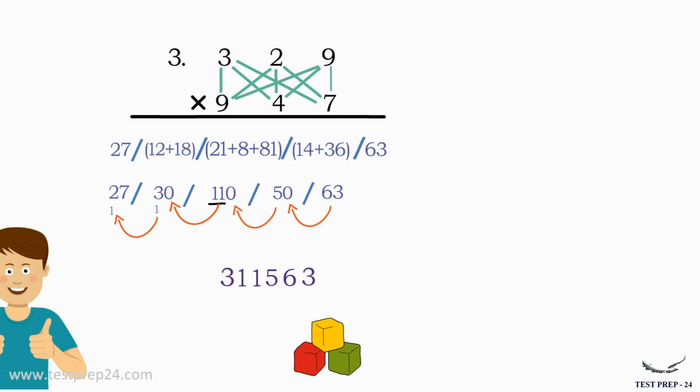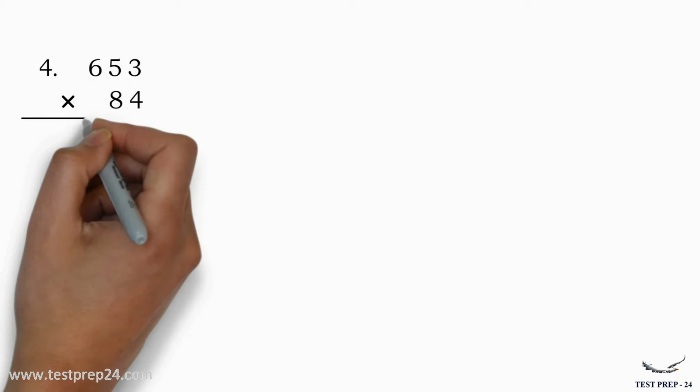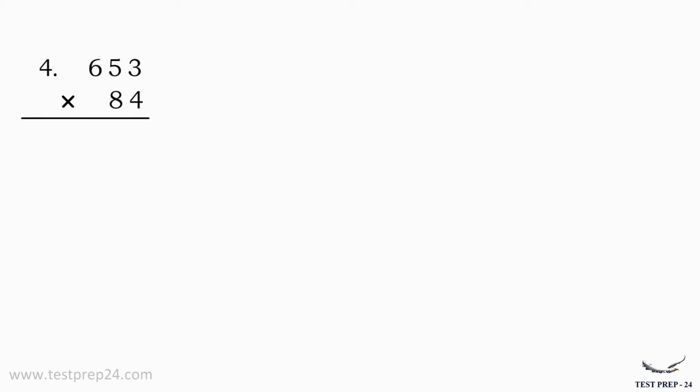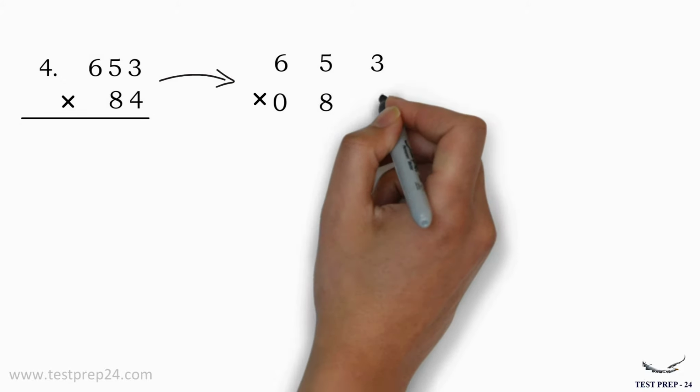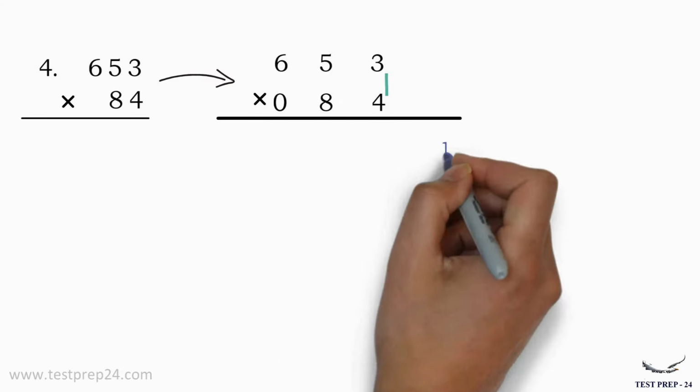So let us see one more example. Sometimes you have to multiply a 3-digit number with a 2-digit number. So what can we do in such cases? Like it is 653 multiplied with 84. So first you have to do the same approach. When you have a 2-digit number, in order to make it a 3-digit number, you will write it as 084. Why? Because 084 is the same as 84. So 653 multiplied with 084. So as I told you, the same approach. So 3 into 4 is 12.